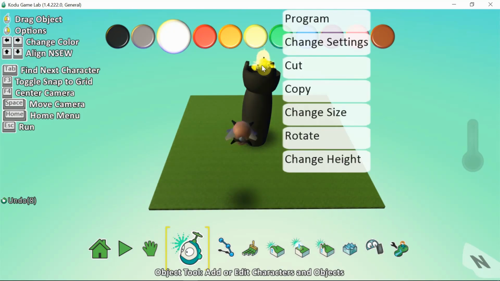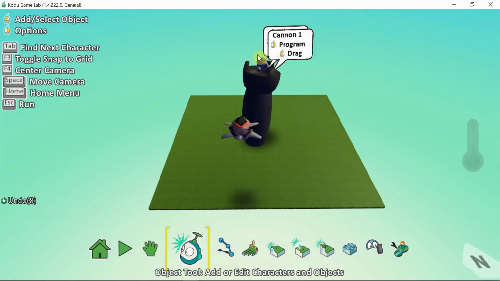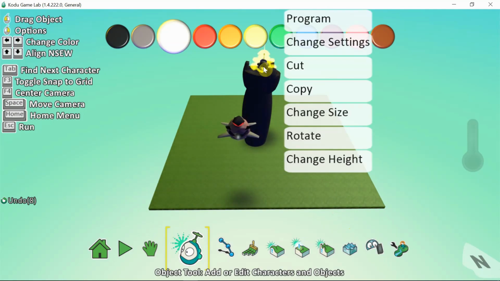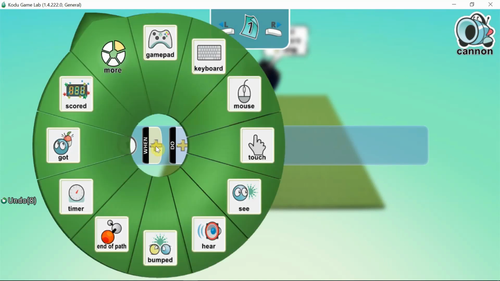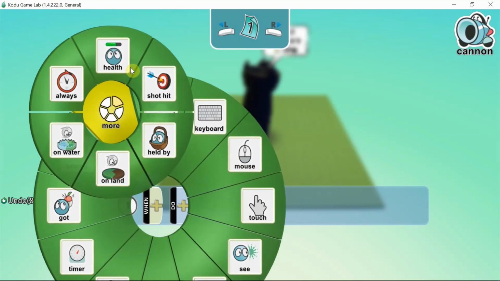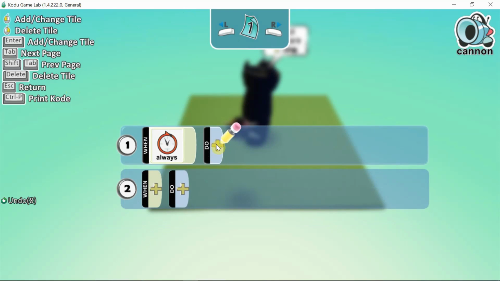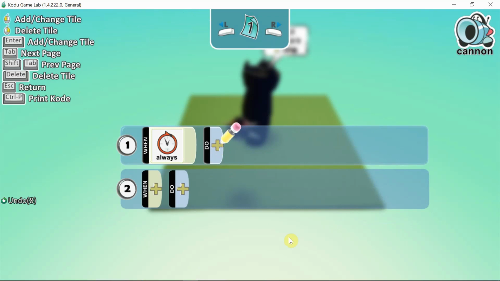Now this cannon, I rotate it, right click, and I rotate it towards the jet. Well, this is done. And a little bit programming for cannon. Cannon is the enemy of the jet. So for cannon program, I'm not doing anything in when, or maybe I can say always. If I get some logic, if I get something here, always is there. Yeah, always. That means every time the cannon will, or not always.